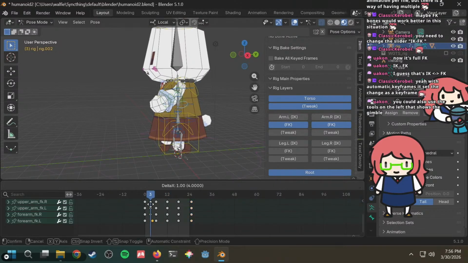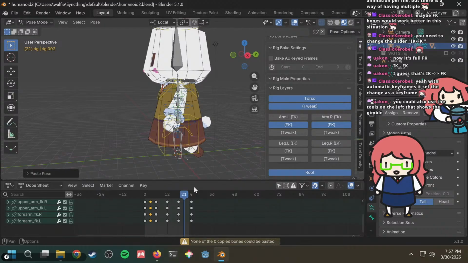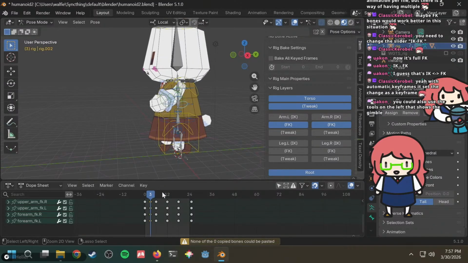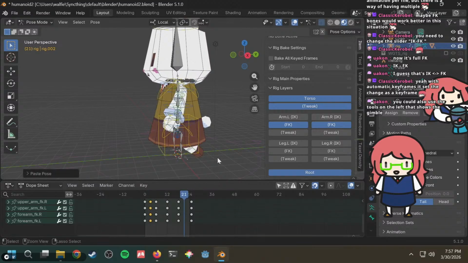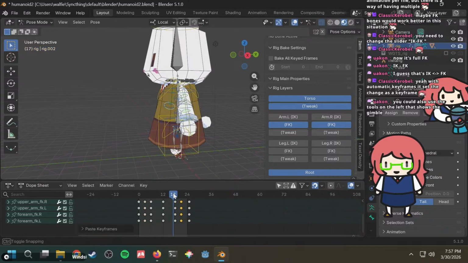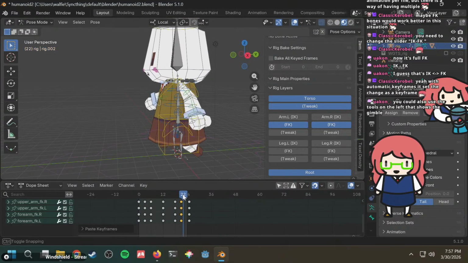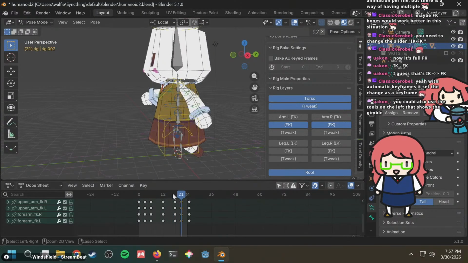You copy this one here, and this one. That's 21. Copy this, paste it. None of the 0 copied bones could be pasted. Reverse. Wait, is that what I want? Hold on.